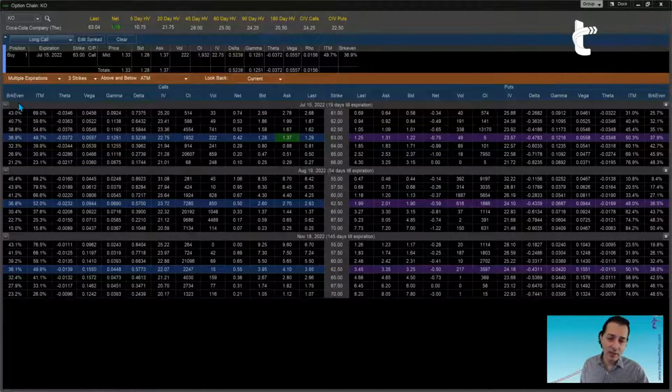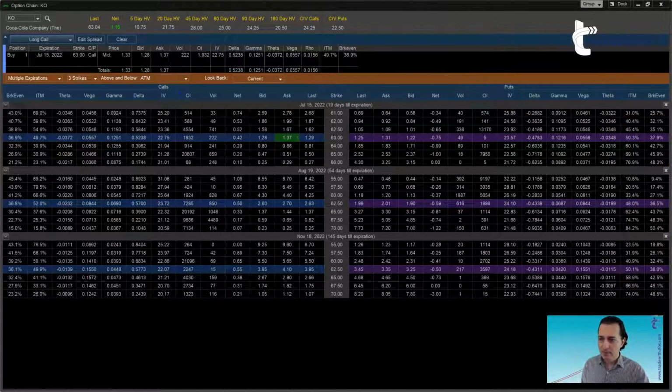But again, if you are scanning visually for specific values, you can see that here in the columns on the left side for the call, and of course on the right side for the puts. Okay. What else do we have? We have the Greeks, theta, vega, gamma, and delta. Same thing on the right for the put, delta, gamma, vega, and theta. And then we have information about the implied volatility. Okay, implied volatility for the put, implied volatility for the call.